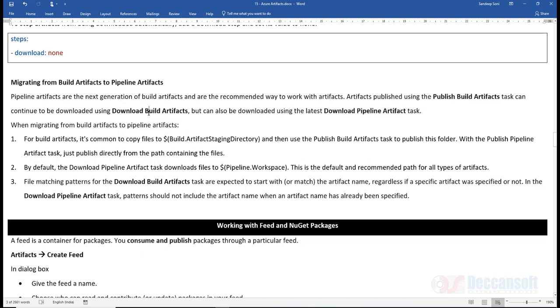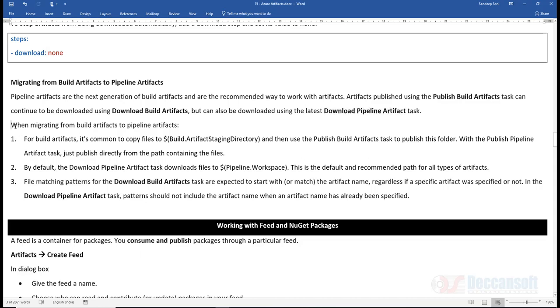See here, we are using download build artifact, but here it is saying to replace this with download pipeline. What it means is that build publish and build download together is not necessary. You can publish build artifact and download pipeline artifact as well.